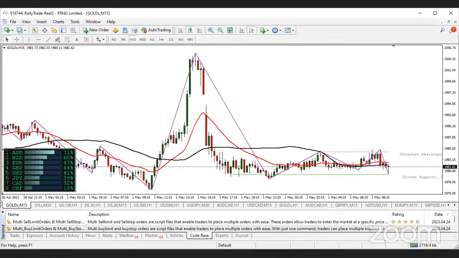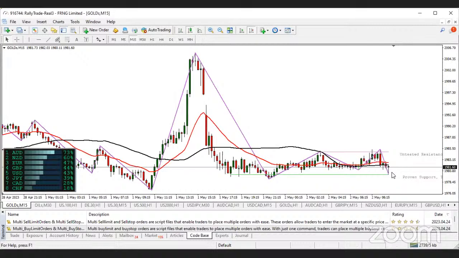If you're a scalper, then you know gold is currently on my 15 minutes time frame. It is currently on a proven support. And you can see this same channel is the channel it has been trading on for a while, since yesterday. It tested it, formed a candle that looks like a gravestone doji on that untested resistance, came back down to test my proven support. So you can just be scalping between this your untested resistance and proven support if you're a scalper.